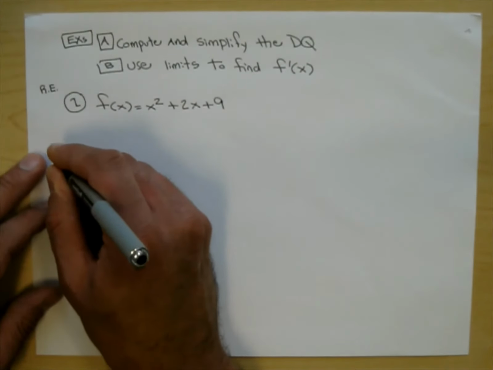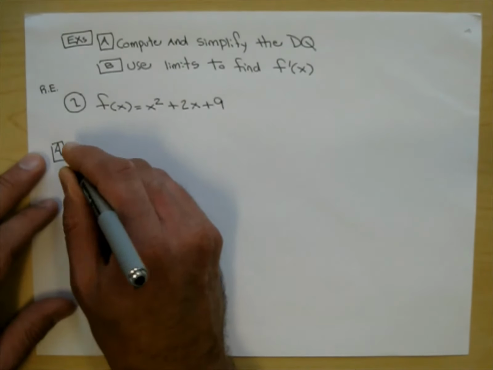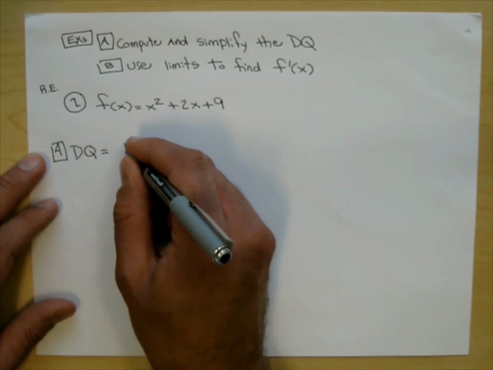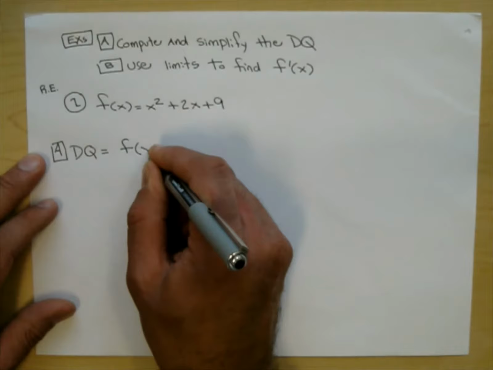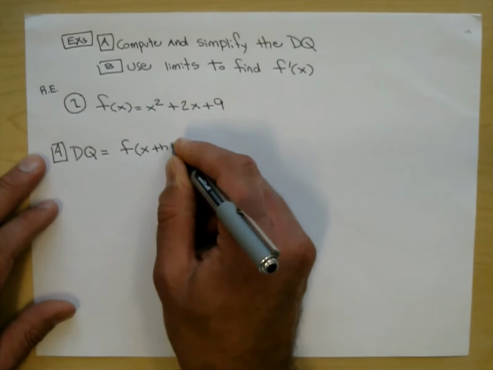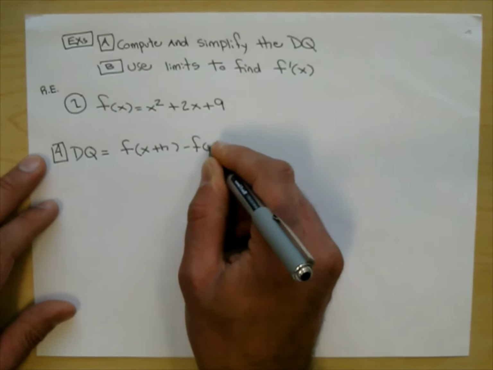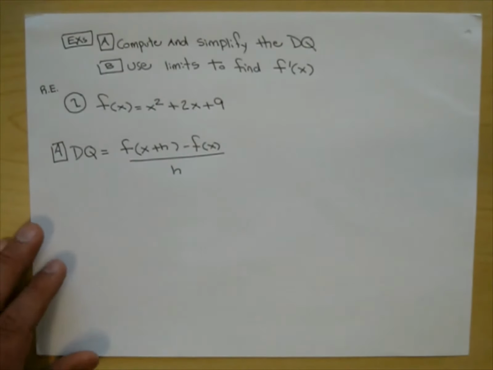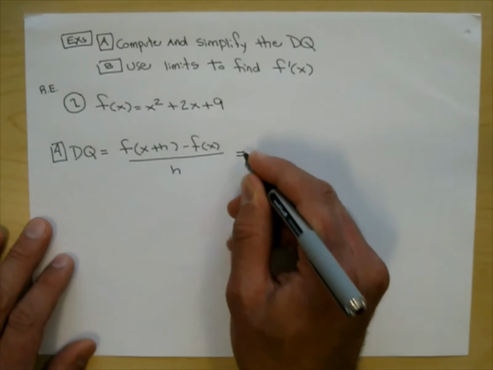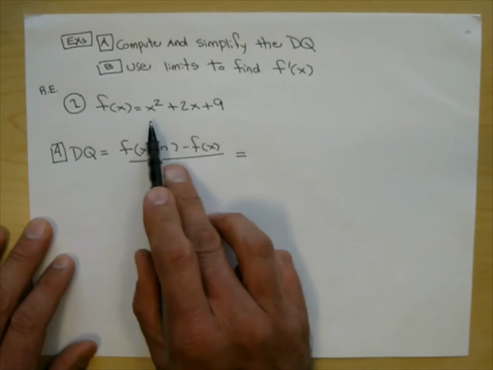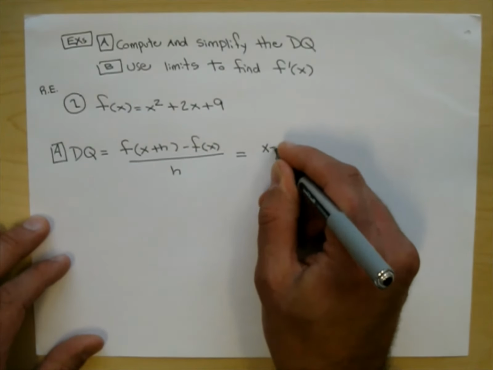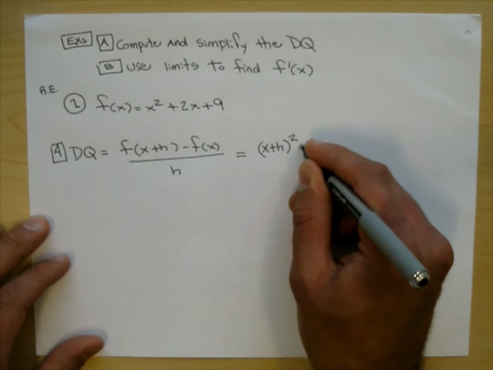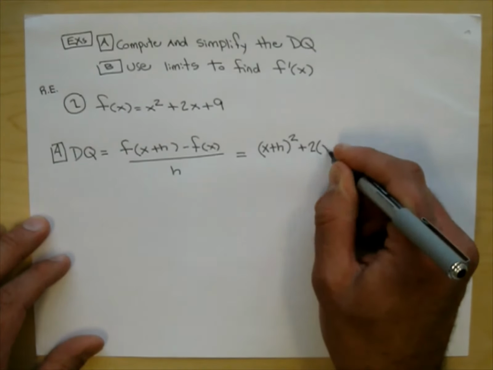So part A, DQ is the definition of the difference quotient: f of x plus h minus f of x all over h. Okay, so I'm going to go ahead and put x plus h in for x. So I have x plus h squared plus 2 times x plus h